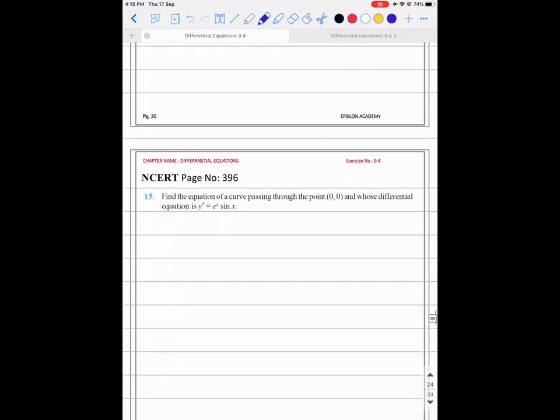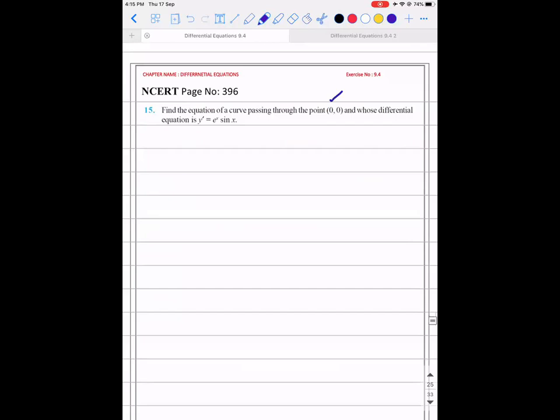Okay, next one. Find the equation of the curve passing through the point origin and whose differential equation dy by dx is equal to